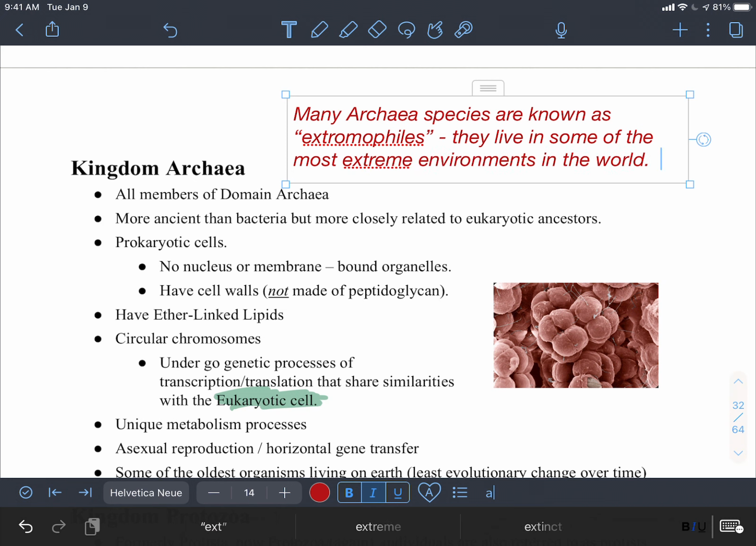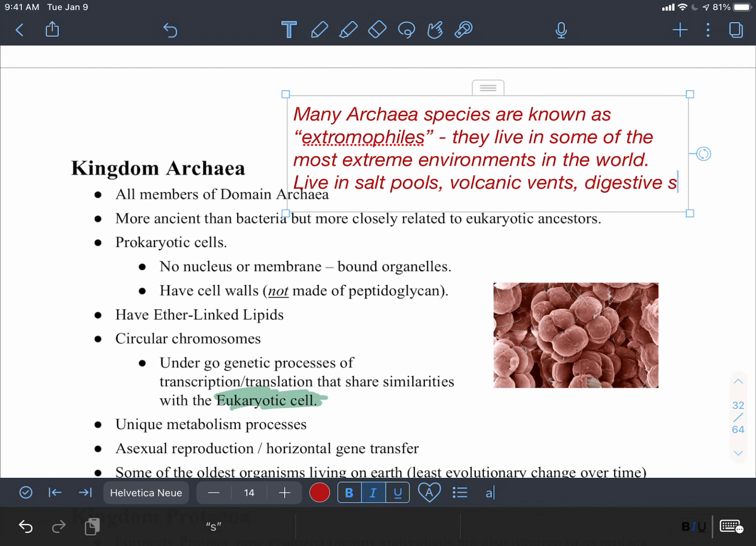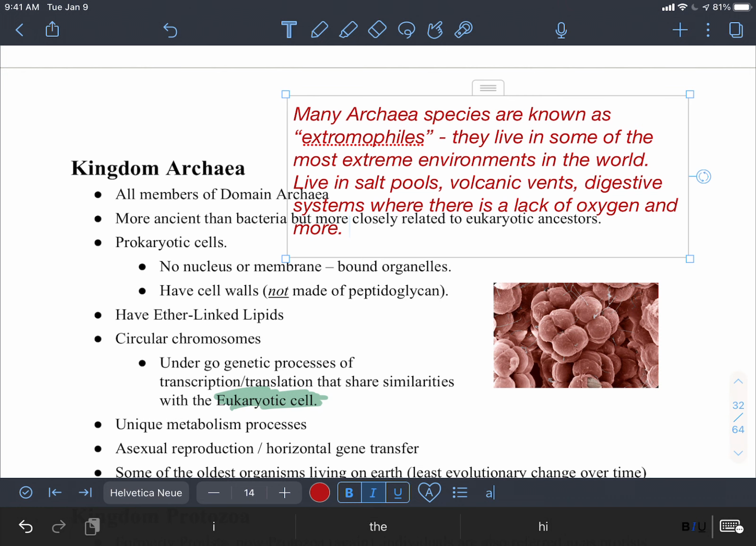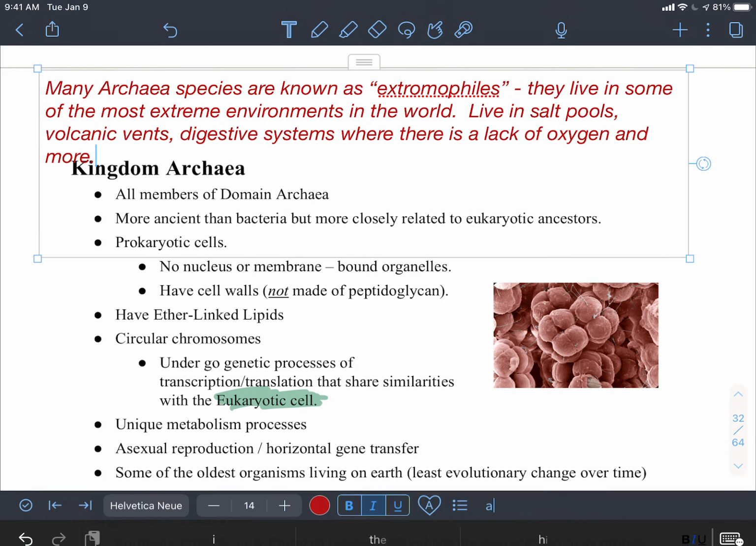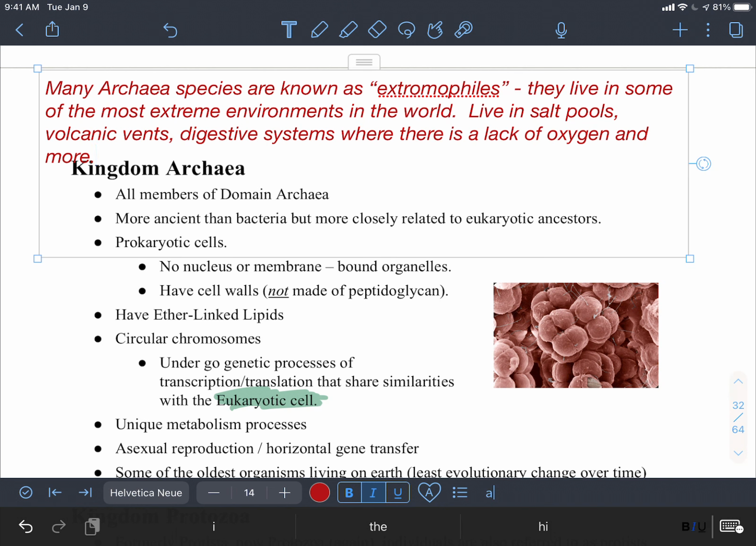Extreme. And so they live in salt pools, volcanic vents, digestive systems where there is a lack of oxygen, and more. So this is a very unique system, and this unique ecology